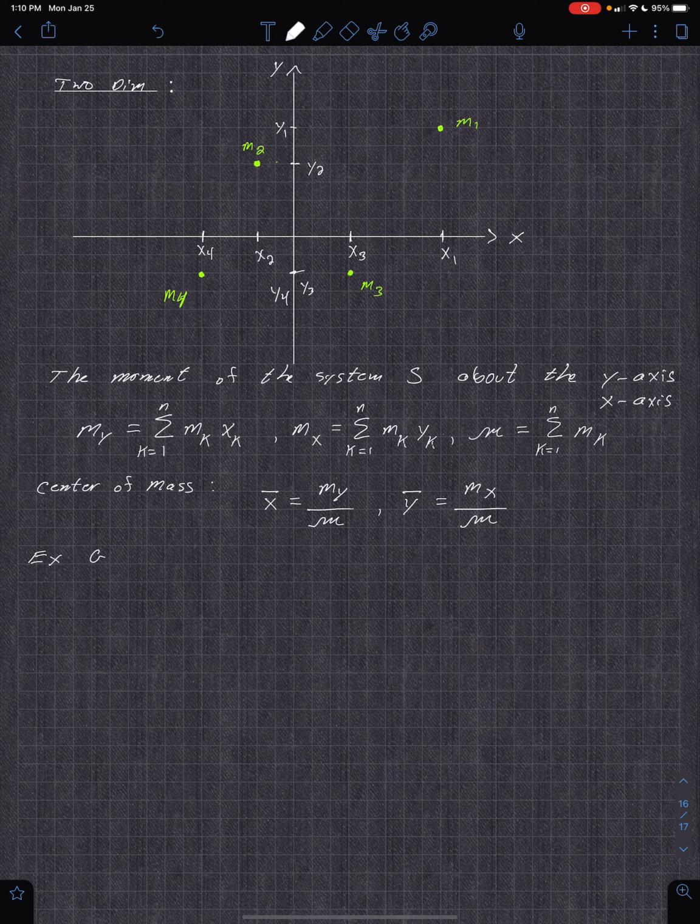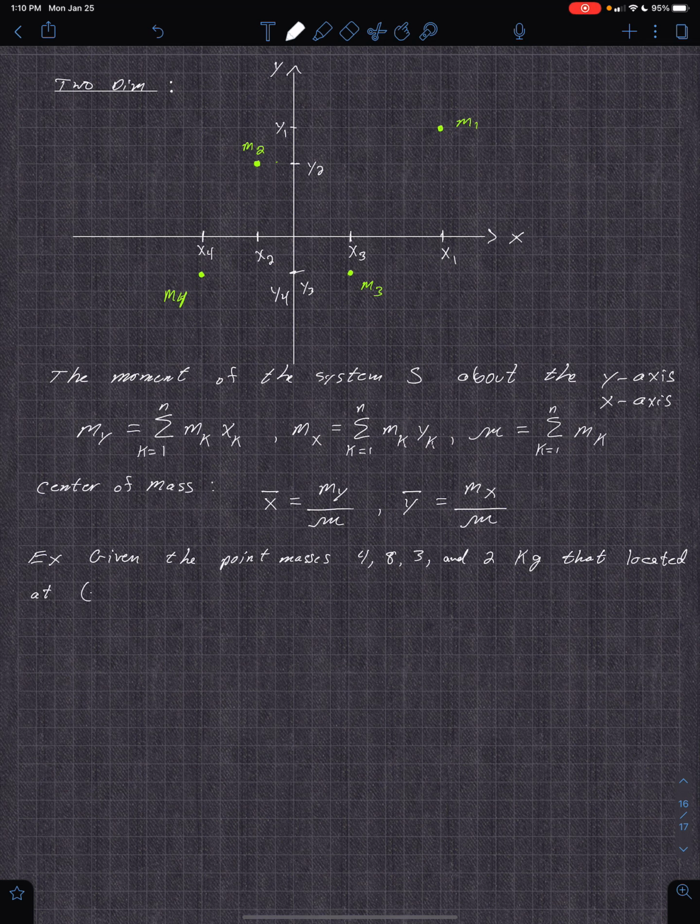So given the point masses 4, 8, 3, and 2, and we'll just do this in kilograms, that are located at, respectively,